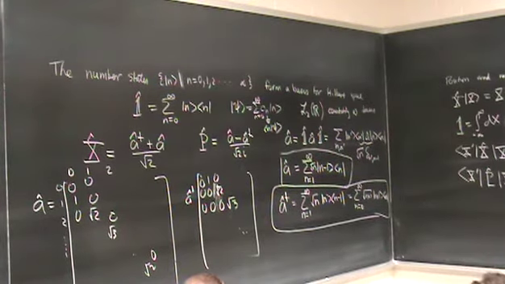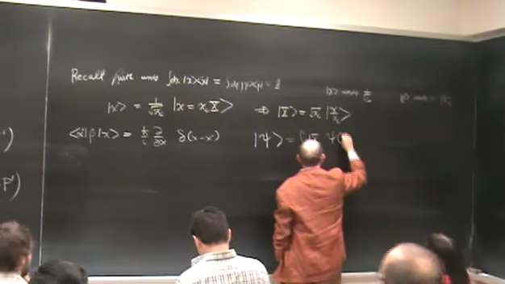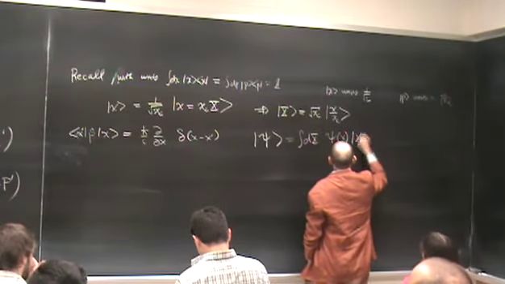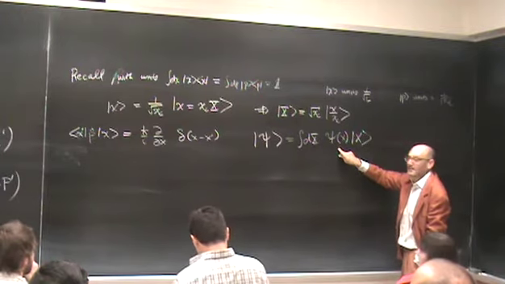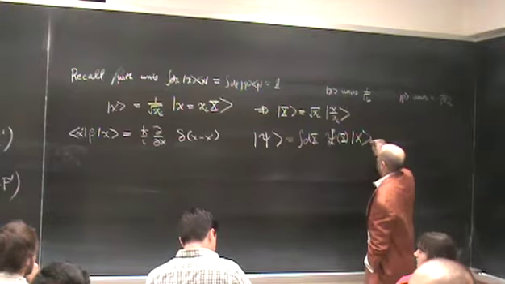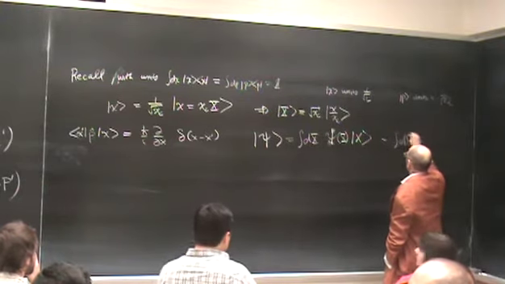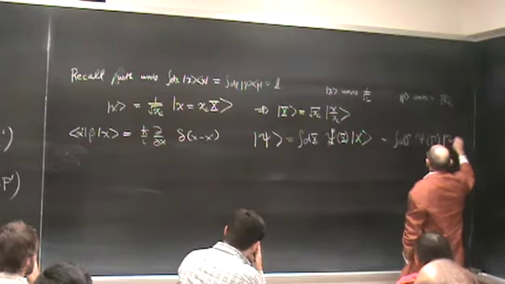With respect to the continuous variables, we have a similar thing, but I write every state as a superposition of position eigenvectors that way, or momentum eigenvectors, where those are the position and momentum